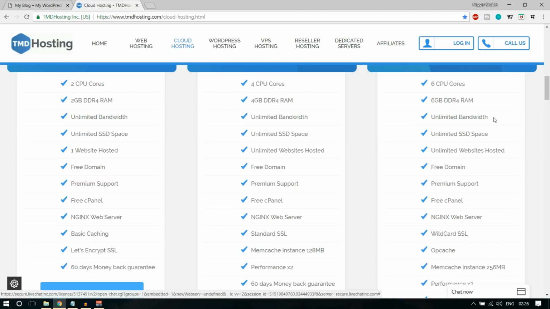Bandwidth means the amount of data you can transfer with your website, the amount of data you can upload, and the amount of data you can download from your website. So we have unlimited data upload and download. After that, we have a very special feature, which is SSD space. Now this is a really special and unique feature. You don't find this in most hosting companies, and this is the main reason why I recommend TMD